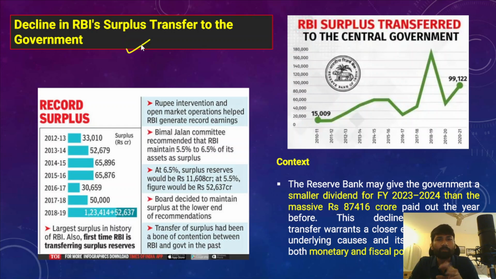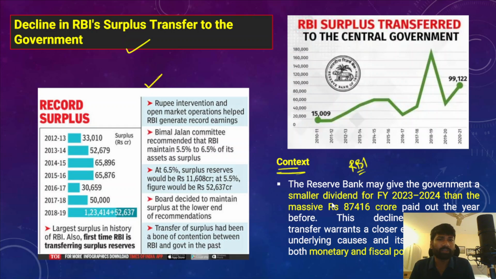Okay, so there are a number of reasons for that. We will understand what those reasons are, but before that, pause the video and you can go through these two images over the surplus transfers to the government. Now, what is the context of this particular article? So the context is that the Reserve Bank of India